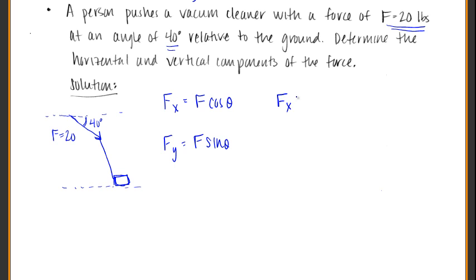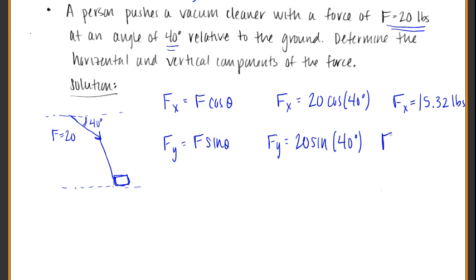Okay, so f sub x, the x component, is going to be 20 because that's my force, my vector force, times the cosine of 40 degrees. And then that gives me an x component of my vector of 15.32, and in this case, pounds, because that's what they're giving us as units. The y portion is going to be 20 times the sine of 40 degrees. So the y portion, by the time I plug this in my calculator, since 40 is just not something that we're common to work with, it's 12.86